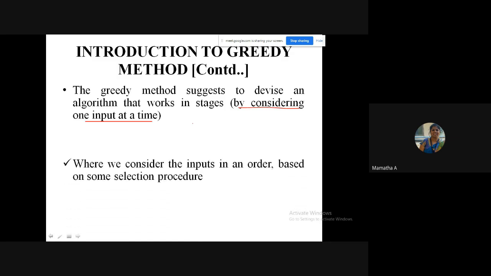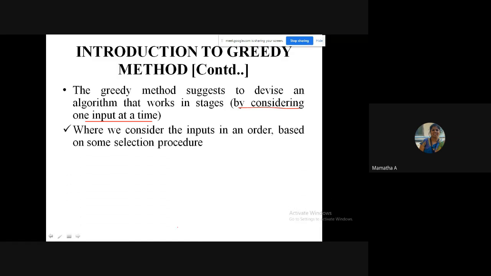And we basically consider the inputs in an order. We will see this in examples. It will be based on some selection procedure. You start selecting the inputs in stages, in an order. The inputs will be given either in ascending or descending order, some order, and you will select one input at a time.